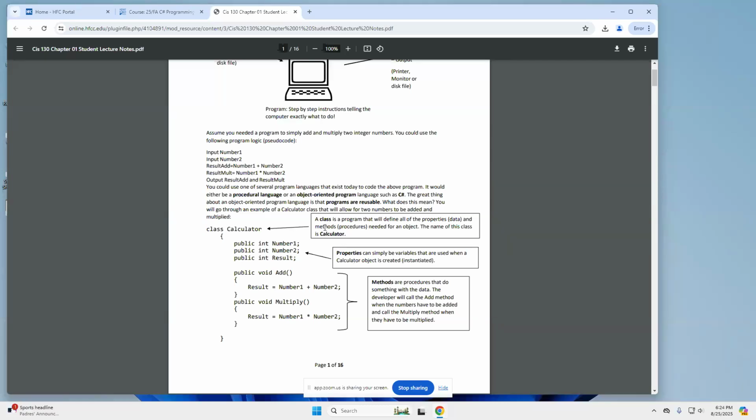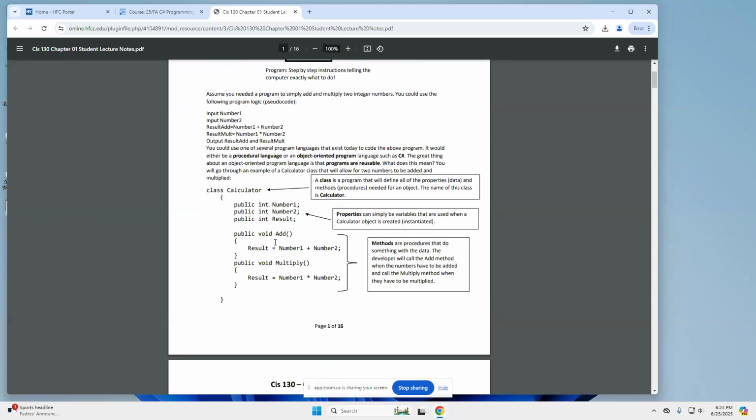so a class always consists of two things: properties and procedures. Okay, and this is going to be familiar with whatever object-oriented language you take. They'll have properties and procedures and/or methods. Now, what are properties? They're basically variables that contain data. Okay, so in this case they're the variables number 1 and number 2. Okay,